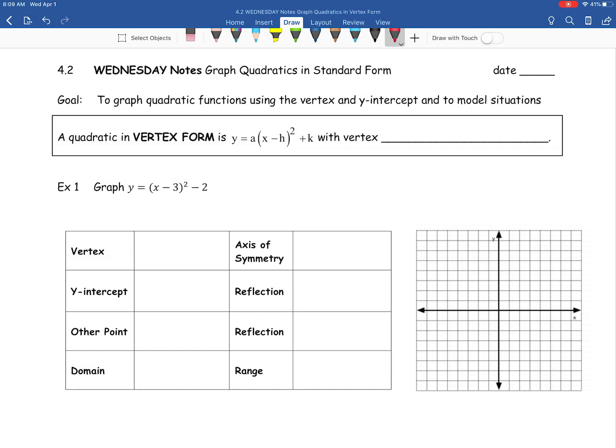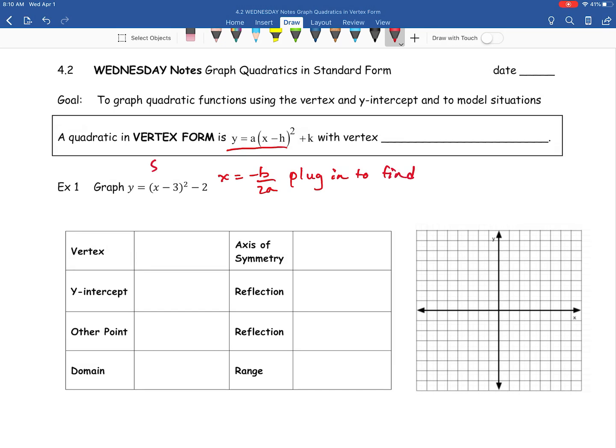Here we are at our example 1 from our 4.2 set of notes. Before we dive into that, we're going to look at our definition for vertex form. As you can see, it is y equals a times the quantity x minus h raised to the second power plus k. The reason why we study vertex form is that instead of standard form, where you have to do x equals the opposite of b over 2a, find that x value, and then plug that in to find y,